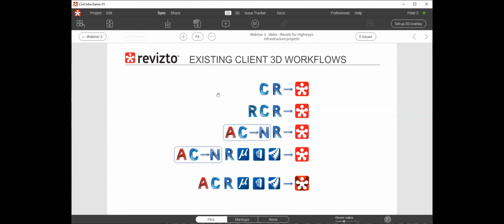So sometimes, if the Civil 3D file isn't completely tidy, isn't cleaned up, there is at the moment a workflow that we advise, and that's to go through Navisworks and use the search sets within Navisworks to clean up, select the model geometry that you want to see inside Revizto, and that's pushed from Navisworks into Revizto. And this one here is where the Civil 3D is going via Navis, and the Revit is